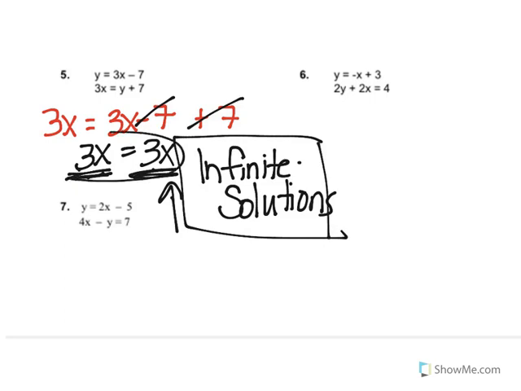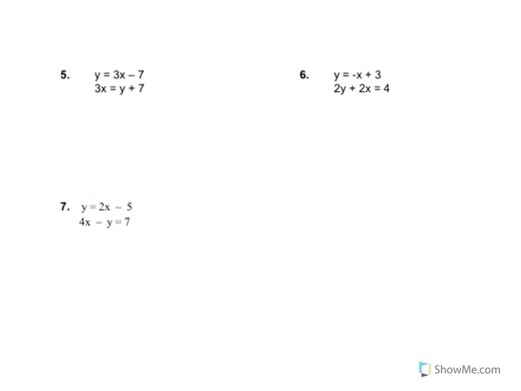And it's always going to be that way if you're solving your equation and you get down and both sides look exactly the same. So let's try number 6. Okay, now let's try number 6. Again, we're told in this first one that y is equal to negative x plus 3. So we're going to take that and put it in for that y right there. So we're going to say 2, then we're going to substitute negative x plus 3